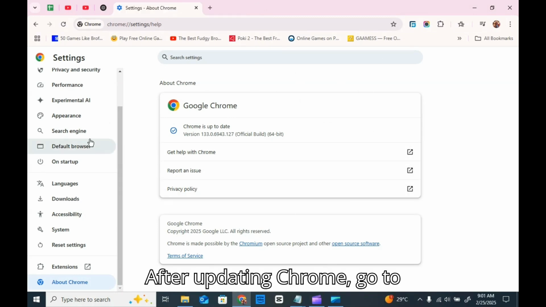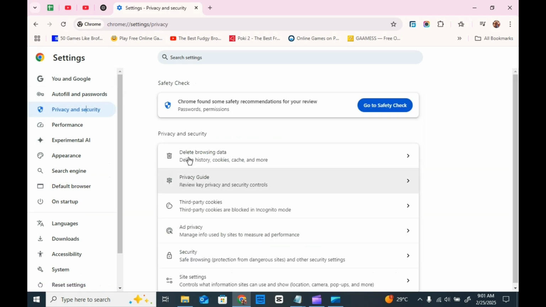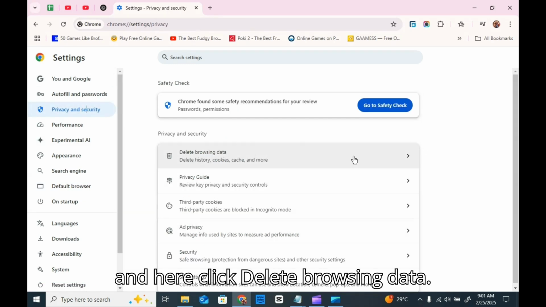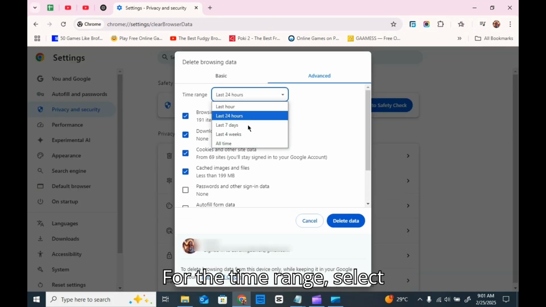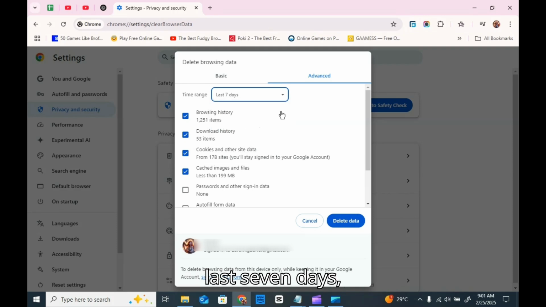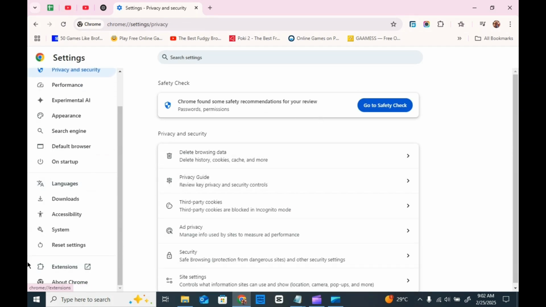After updating Chrome, go to Privacy and Security, and here click Delete Browsing Data. For the time range, select last 7 days, then click Delete Data. After clearing cache and cookies, go to Extensions,